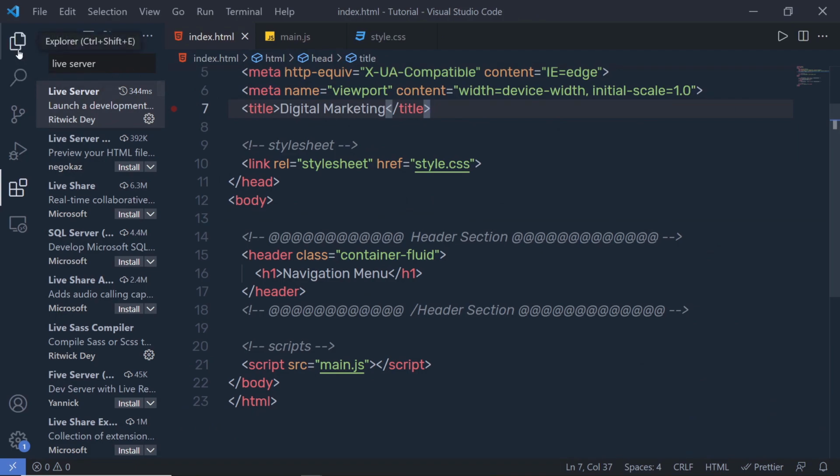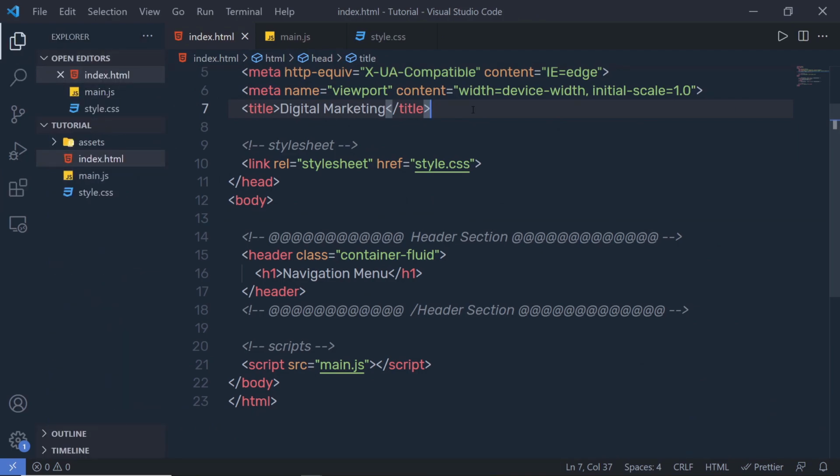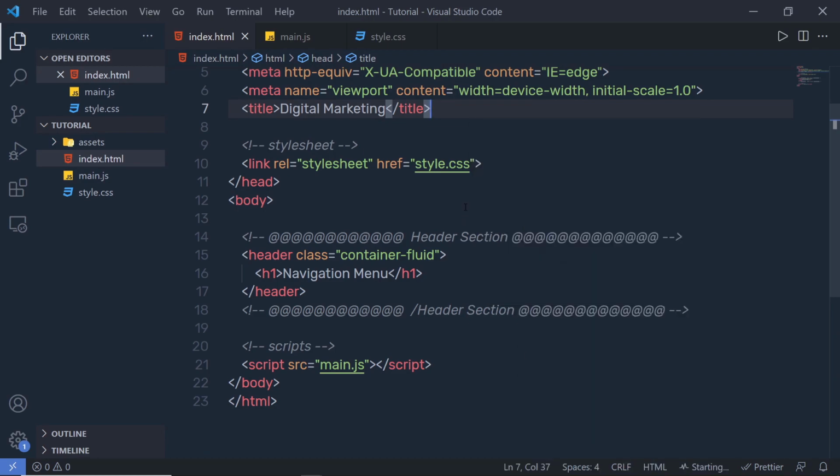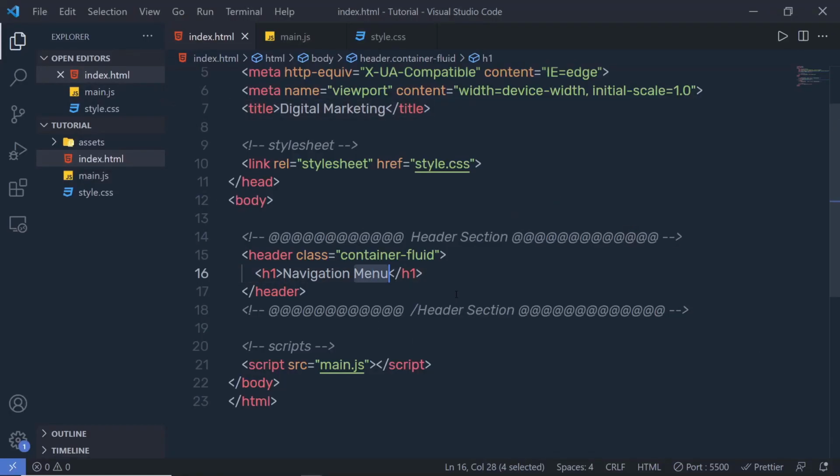So once you install the live server, just go back to the Explorer tab, and in the index.html file, right click here and click on this Open with Live Server. That will open your browser and open the index.html file in the live server. So whenever you make any changes to your code and save it, you will get the live reload